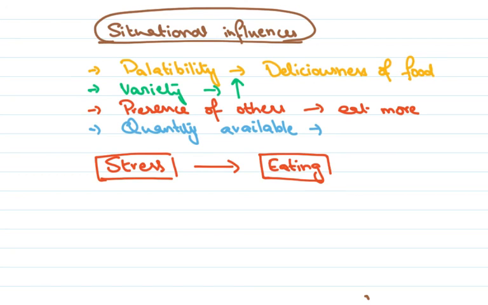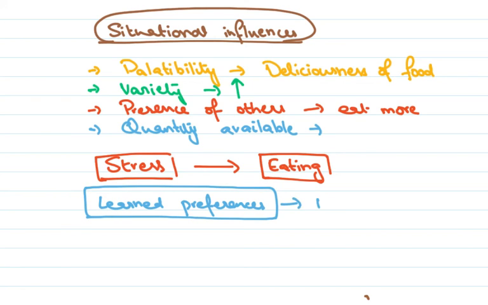Then, this is something that will continue in our next video, but there are learned preferences with regard to food as well, and there's a lot of role of culture here. So, for example, people of our culture may not be comfortable eating raw fish or something like sushi, but someone who's grown up in Japan or China might not have a problem with it at all. So not role of language, but role of culture.